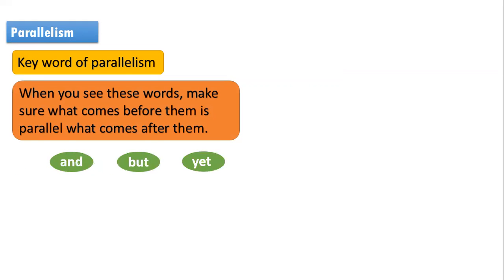And, but, yet. These three words should create a parallel structure like this. The weather was cold but lovely. Can somebody tell me what's the same thing? What do the words cold and lovely share? Are they adjectives, nouns, verbs? They're adjectives. So since we have the word "but" in between, this should be an adjective and this should be an adjective as well. That's correct.